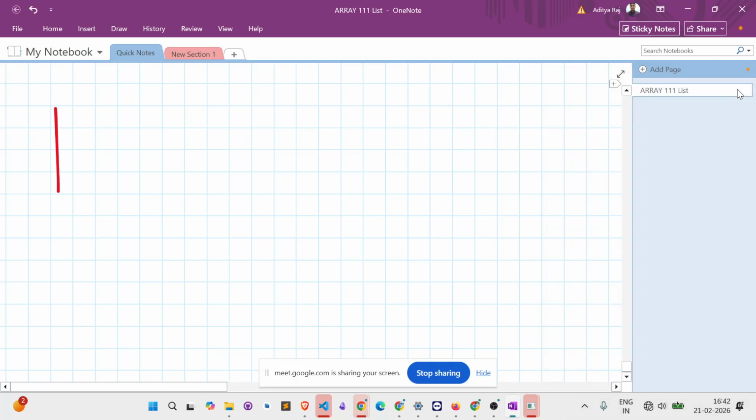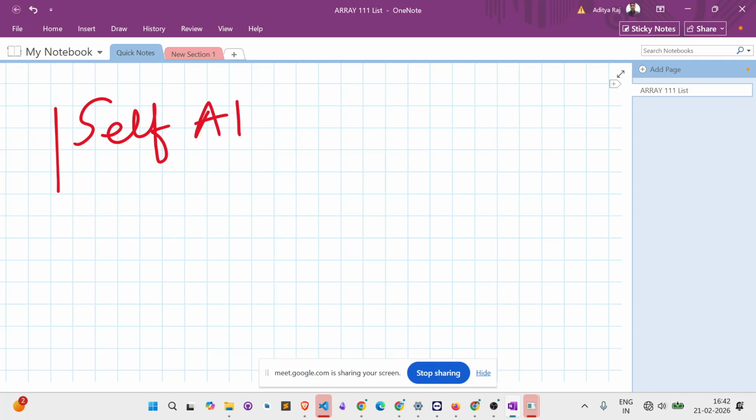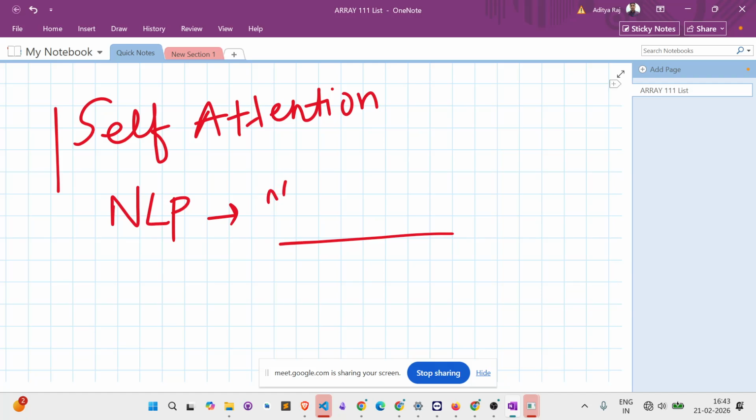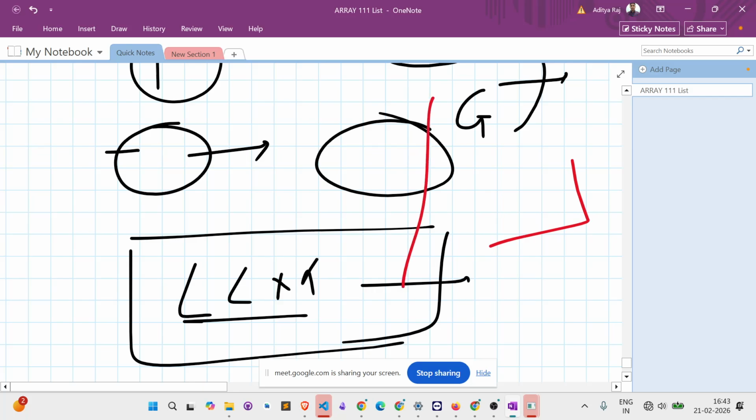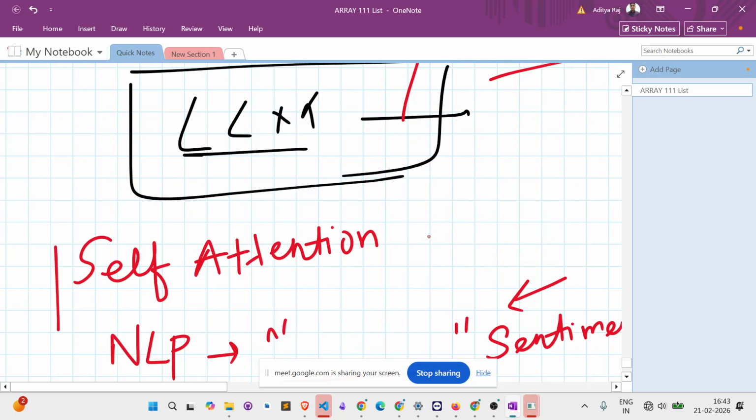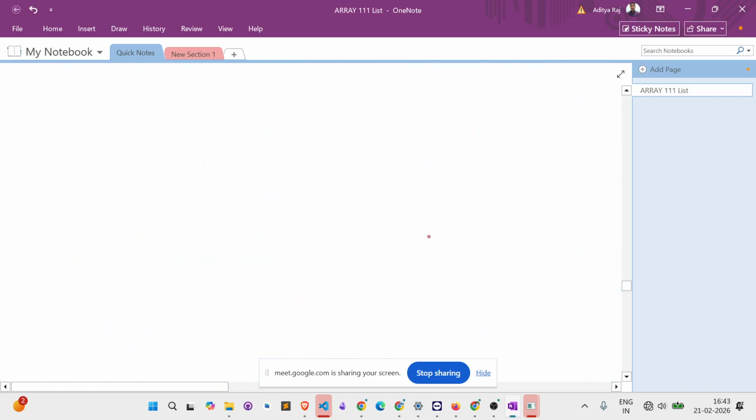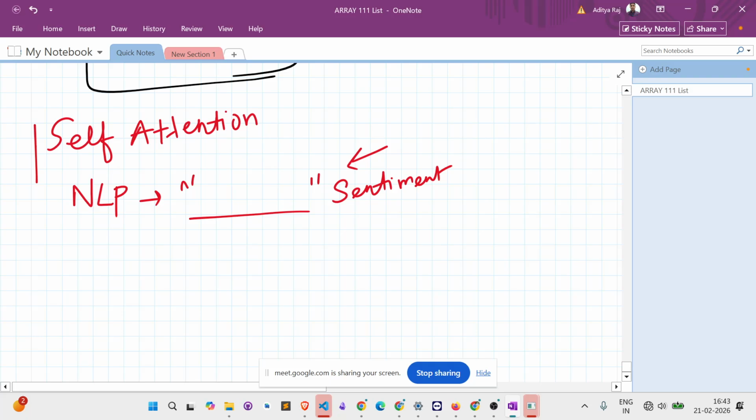Actually, we are talking about self-attention. Self-attention is, when we are talking about any NLP, natural language processing. So in NLP, self-attention means you are writing some words, any text, and you are detecting the sentiment. So you will be only focusing on what? If you are finding the sentiment of this text, you will be only focusing on the verbs or maybe